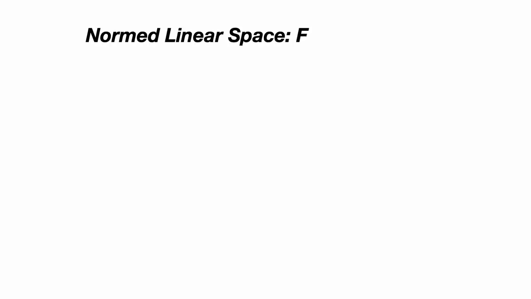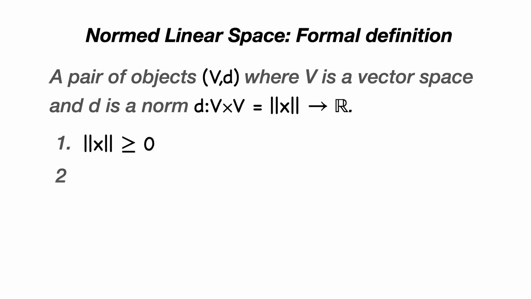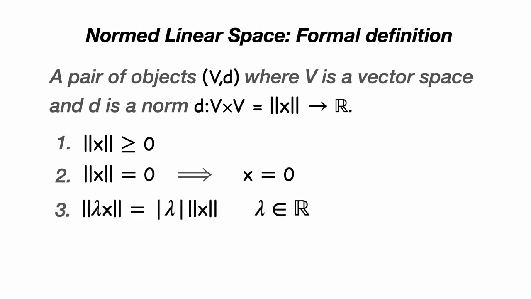To recap, we're operating in this space we call a normed linear space. This is a vector space, along with something called a norm, which essentially measures the length of a vector. A norm must satisfy four properties. Namely, it must be greater than or equal to 0. If the norm of x is equal to 0, then the vector itself is the 0 vector. If we multiply a vector by a constant, lambda, and then take the norm of that, then that's equal to the absolute value of lambda multiplied by the norm of the original vector.